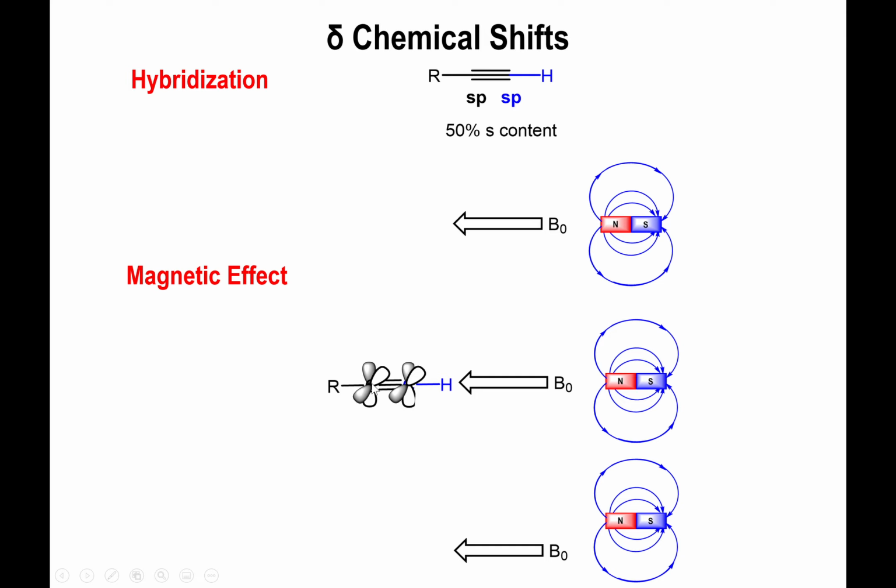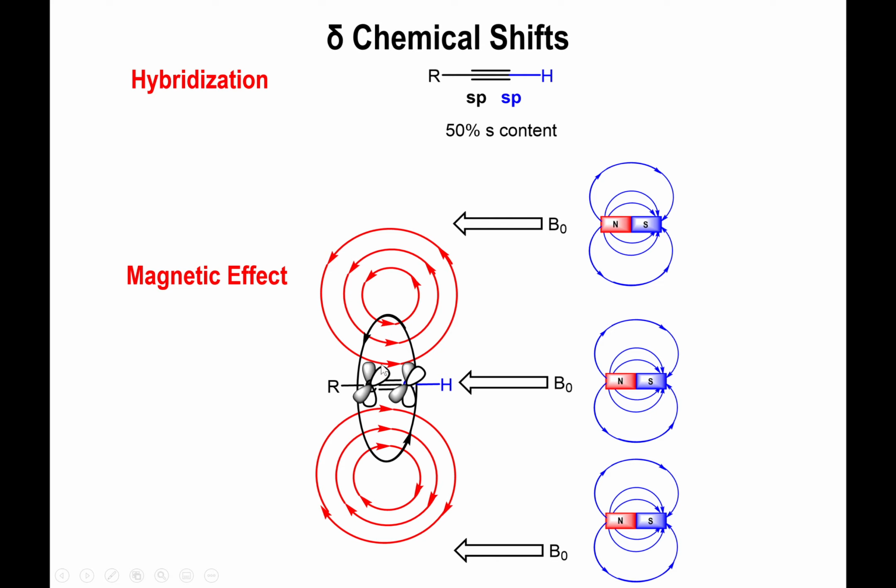then the pi bonds, because it's a triple bond, are not going to be rotating the way we had it before, going from one p orbital to another, but rather going from one p orbital to the other within the same element. So you actually have a rotation that is a little bit different. This goes in and out. The rotation has to happen so that the magnetic field of the electrons opposes the magnetic field of the magnet. So when this takes place, the magnetic field here has to be going towards the right to oppose the magnetic field of the magnet. But as you probably have noticed, the proton is exactly located on the right side of